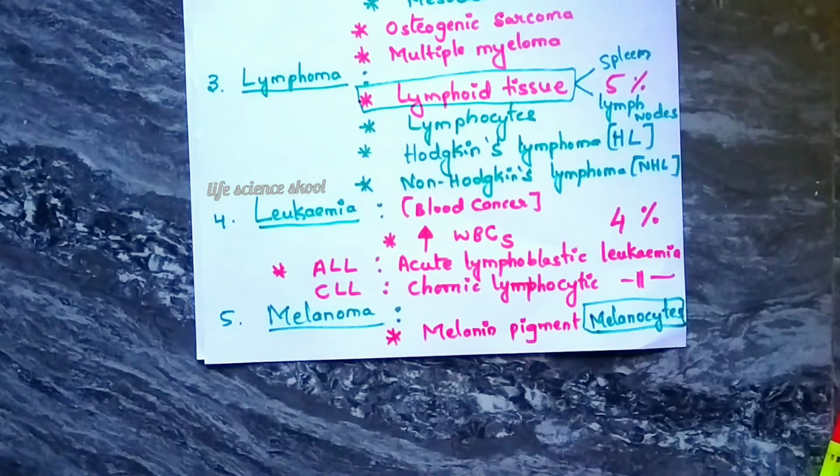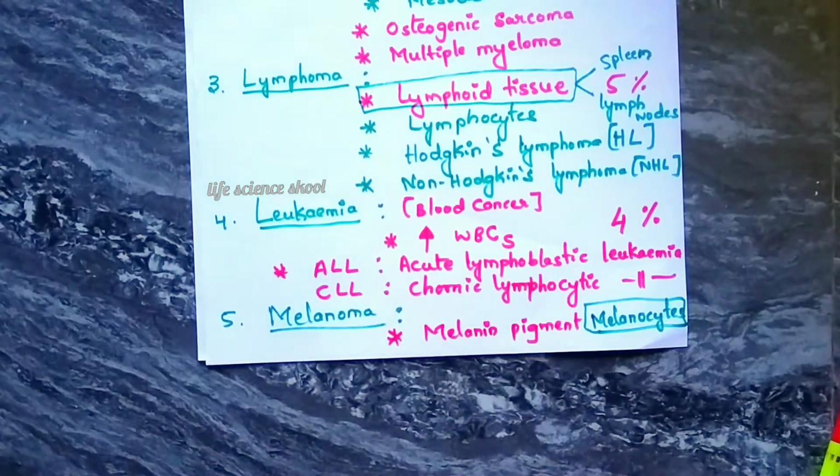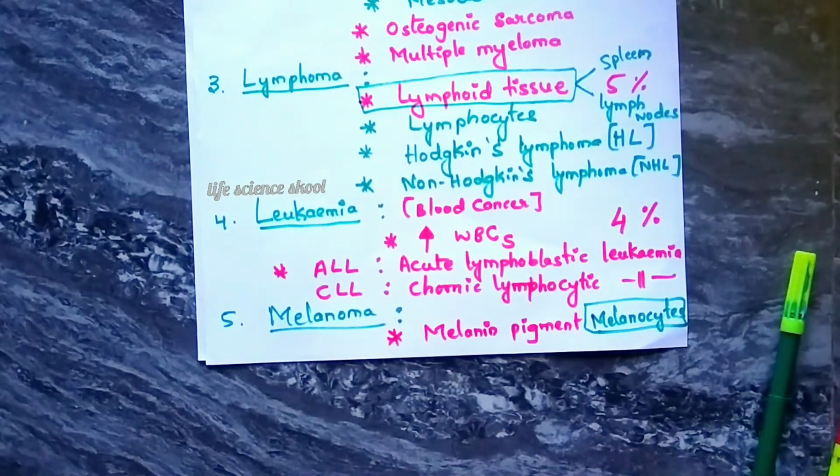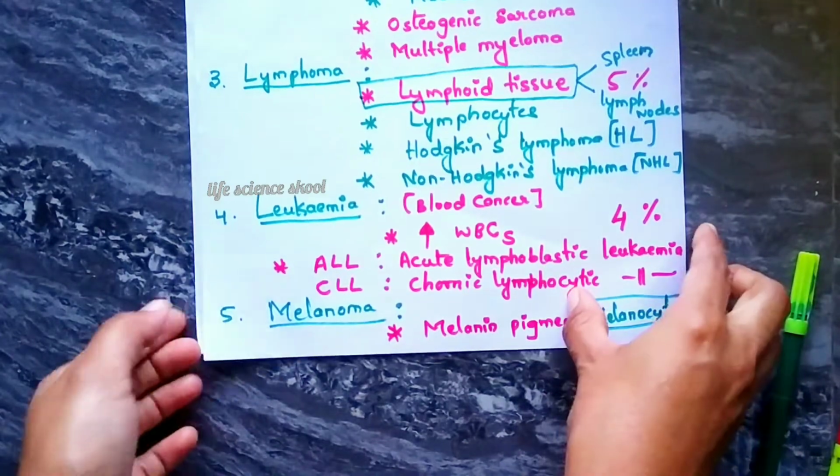The cause for this is excessive exposure to the sun rays, we can say UV rays, UV light. Even for children, from the beginning itself you can see the melanocytes, and it is a genetic disorder also. But if a child is exposed more to sunlight from childhood, later in age, after growing, the child may get this melanoma. Okay, so this is the simple explanation, with a few important points on these types.